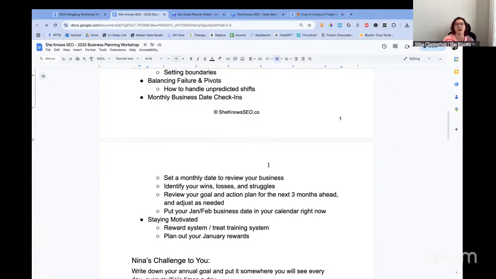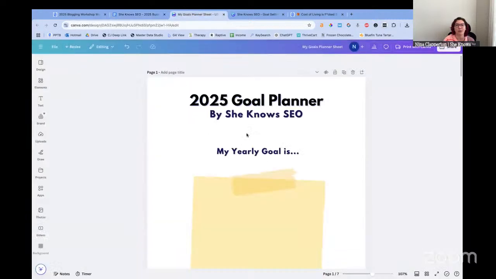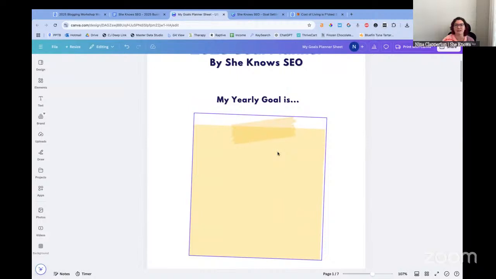I'm going to show you guys the action plan as we work through it. We'll go through the goal planner. The one that you guys have isn't in Canva. It's a PDF, and so it's editable. You will see little blocks that are fillable. That's meant so that if you can't print it out, you're able to just do it there. But again, basically post-it notes.